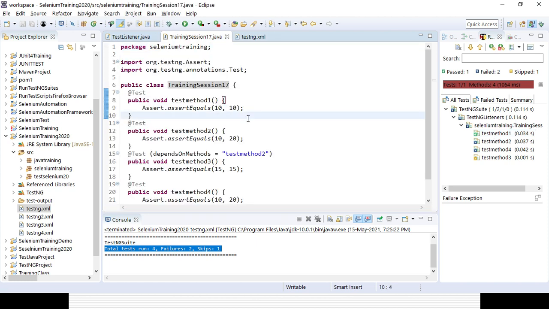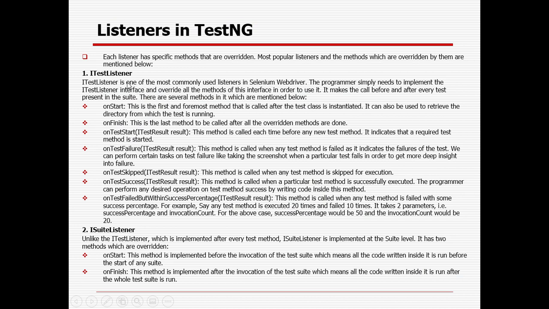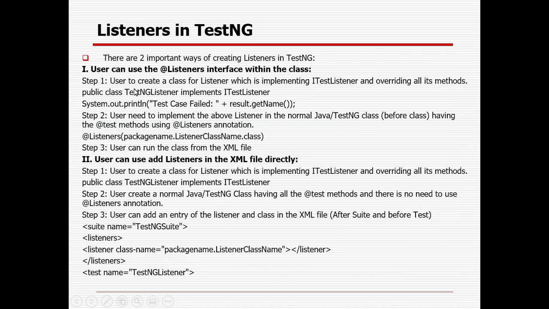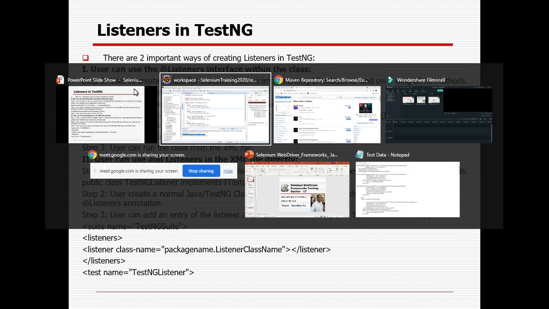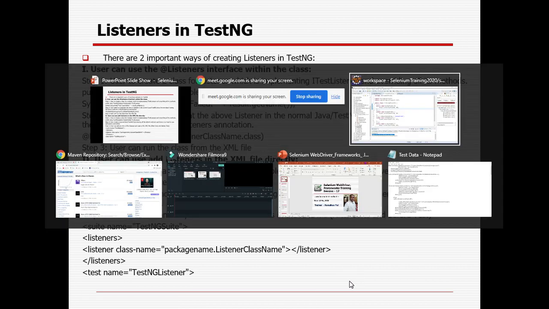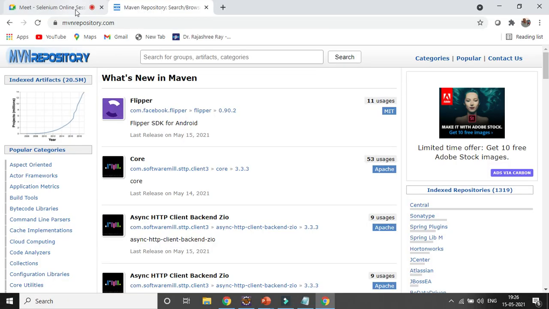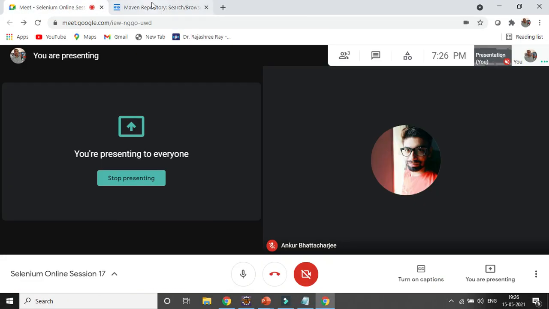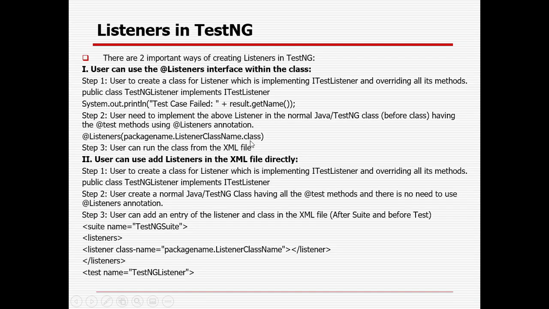Now if I want to implement the ITestListener interface, whatever listener class I have created which is implementing the ITestListener interface, how can I do it?